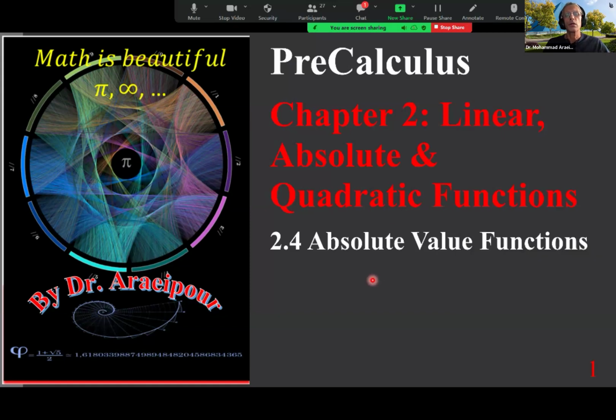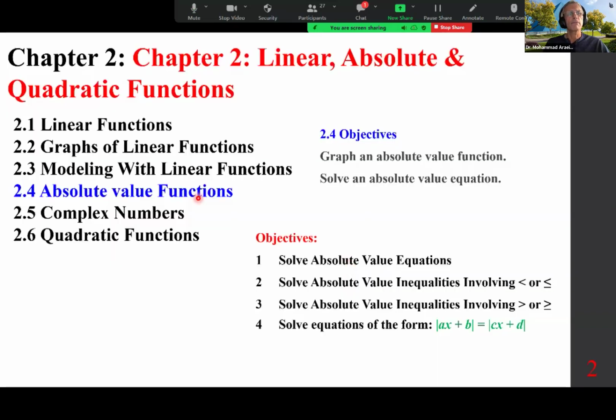Good afternoon, class. We are looking at chapter 2, linear and absolute and quadratic functions, and 2.4, absolute value functions. So we covered linear functions, graphs of linear functions, modeling with linear functions, now absolute value functions, and the objectives